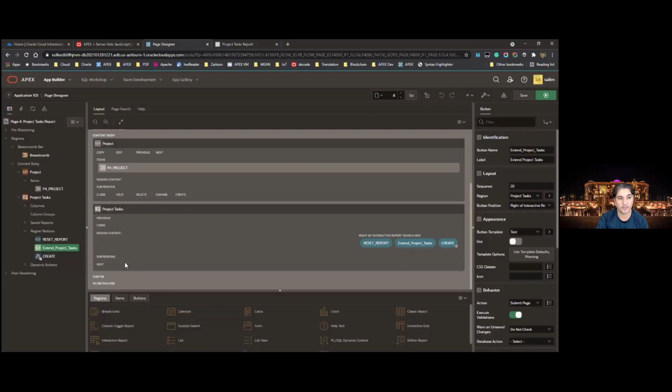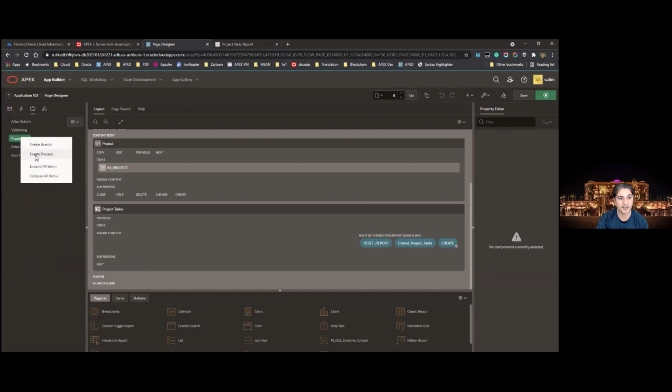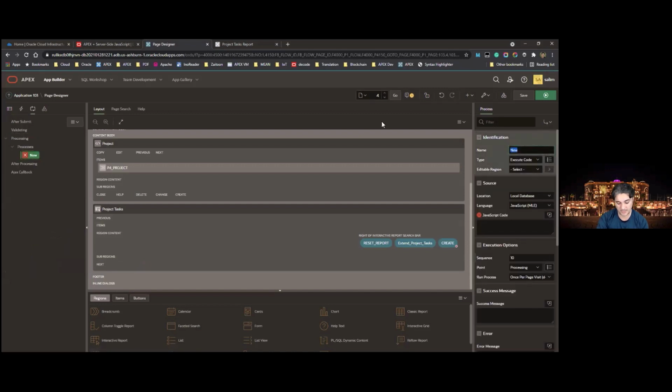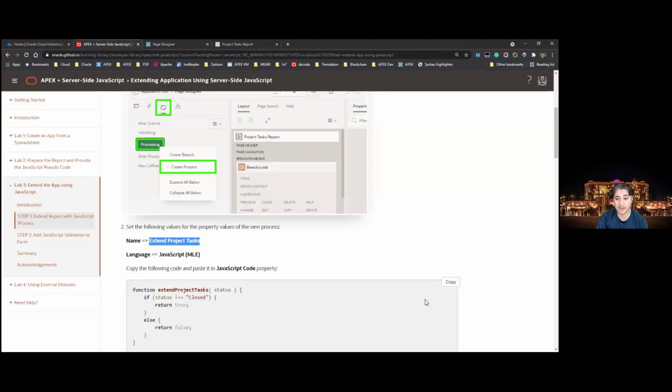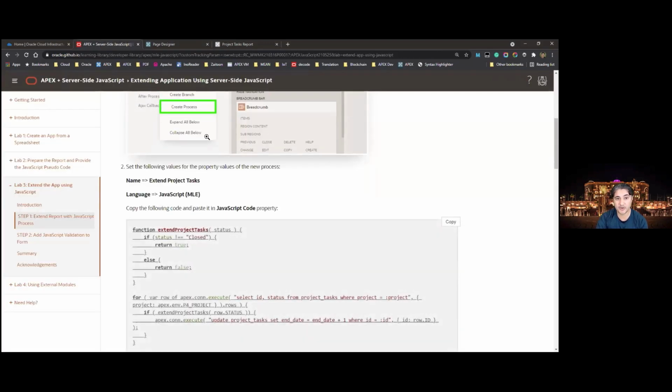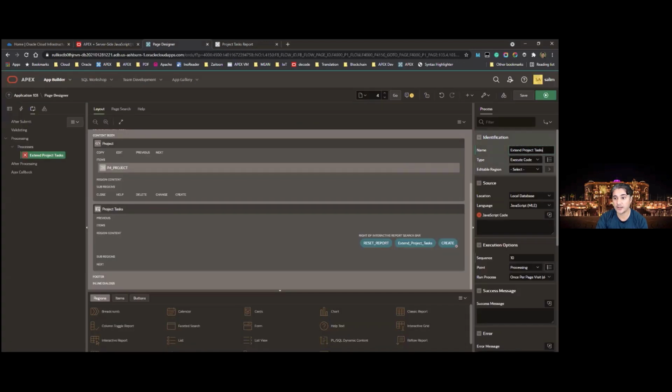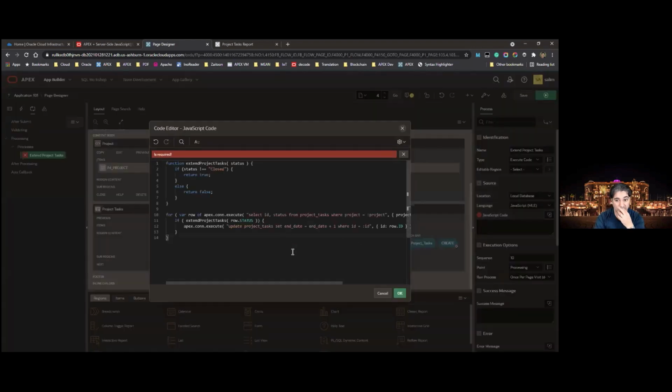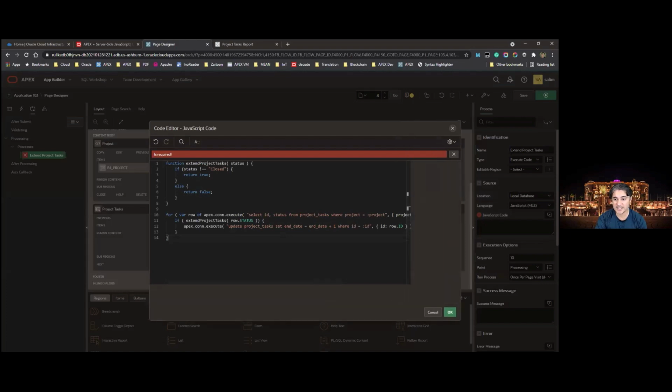And we will basically go to the process here and create a new process. Give it the name extend project tasks. And then we will copy the JavaScript code here and paste it here. Just make sure that you're selecting JavaScript MLE as the language. And paste the code. And this is a little bit different than the one that we use in the CD